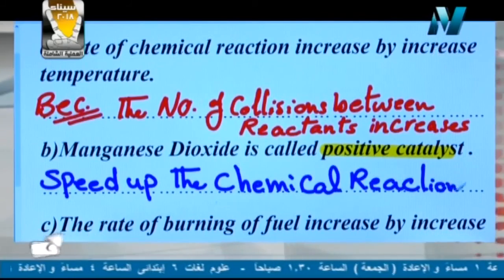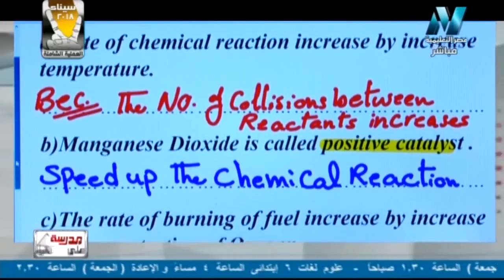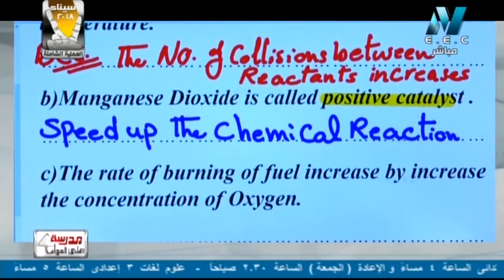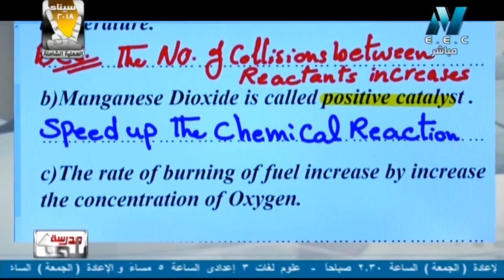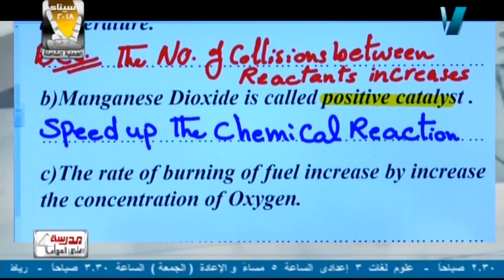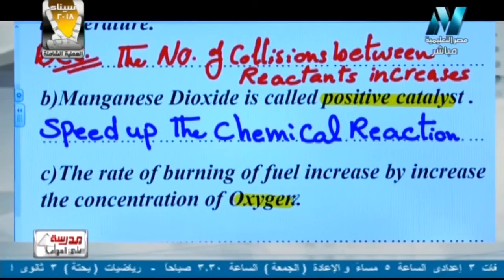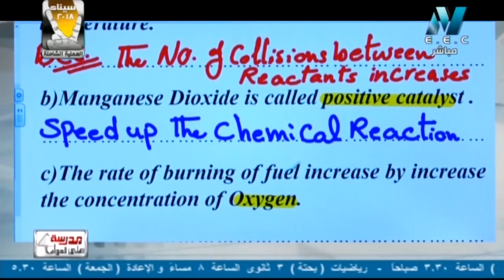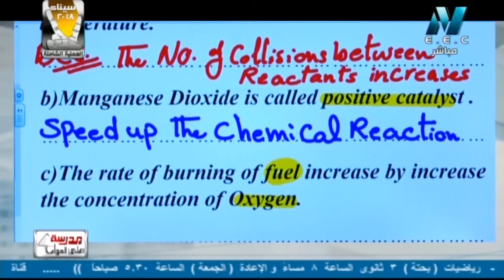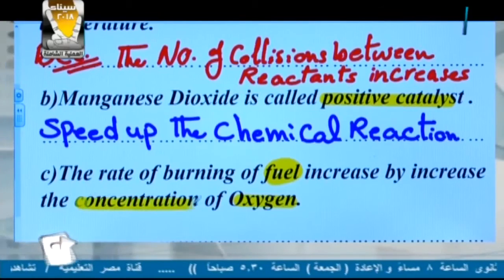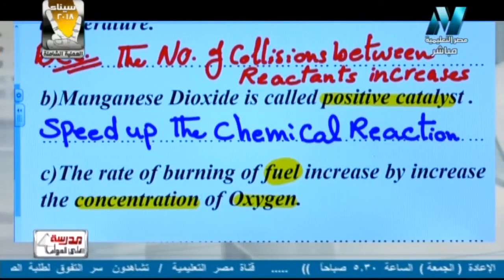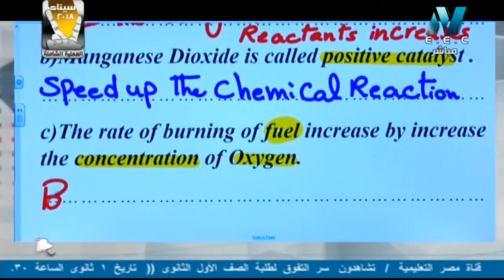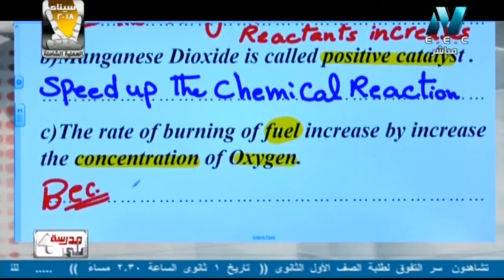Number C, the rate of burning of fuel increases by increasing the concentration of oxygen. We know, as we studied before, oxygen helps in burning, but the rate of burning of fuel increases by increasing the concentration. So we have to answer according to concentration. I say because, again, the number or the rate